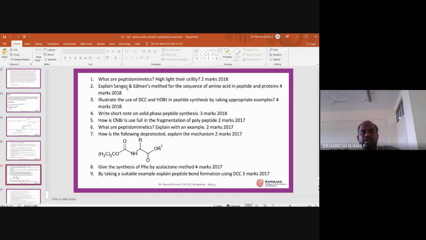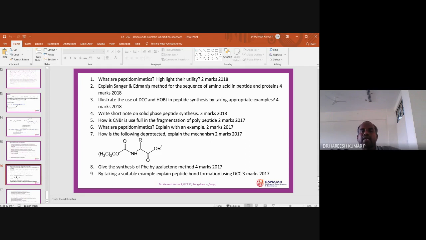Sanger's method is useful to find the N-terminal end of the amino acid. By employing Sanger's method, one can find out the N-terminal amino acid, but not the sequence. Whereas the Edman method will give you the sequence, in the sense of how the amino acids are arranged. Whether they are arranged as phenylalanine, glycine, alanine or alanine, glycine, phenylalanine, that sequence can be found out